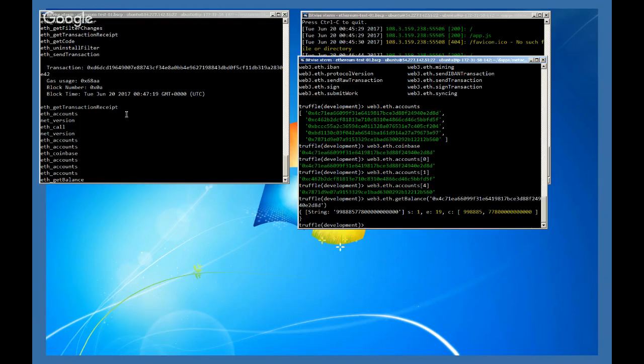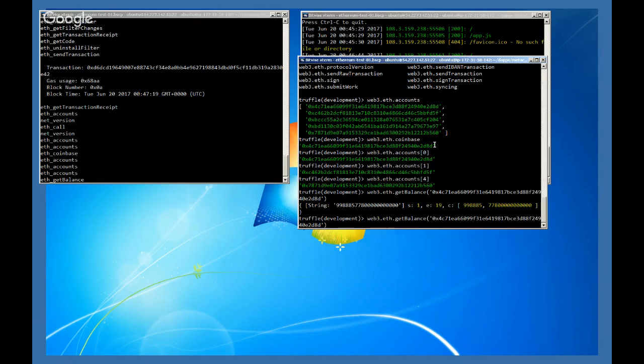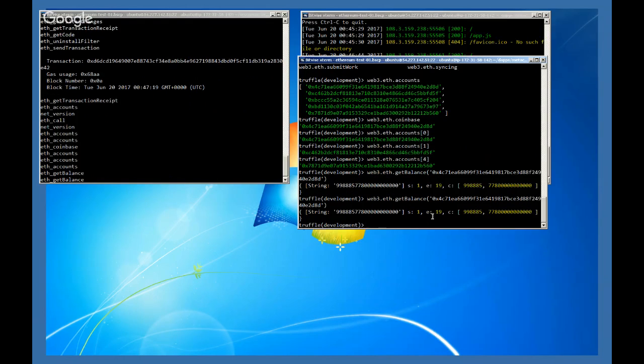Remember how I said when TestRPC fires up, it gives a ton of ether to people. So those 5 accounts should have ether. And let's see if account 2 has any ether in it. I can't remember if it does or doesn't, but there's an easy way to find out, and it's just to paste in the address. All right, I'm not going to worry about that now because I want to show you an easier way of getting